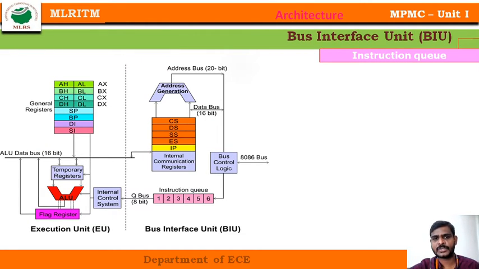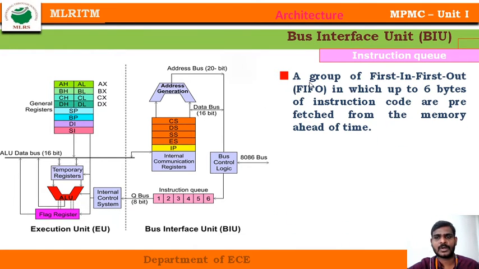The instruction queue was introduced from the 8086 onwards, to increase the speed of your processor. Because when I want to interface my processor to any memory devices, it has to work faster than the memory. In previous processors, processor speed was less compared to the memory, which means the memory was faster. But from the 8086 onwards, the processor gets faster compared to the memory by using a queuing concept or a pipelining concept.